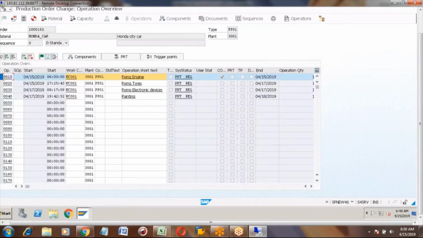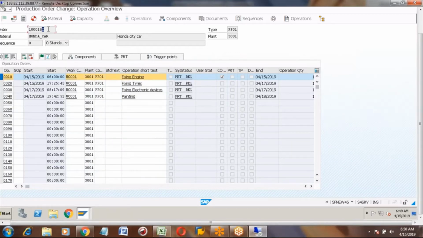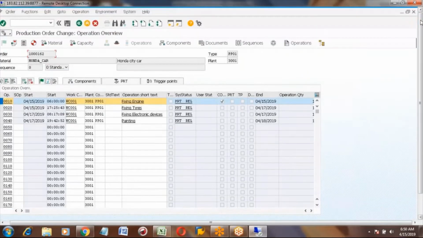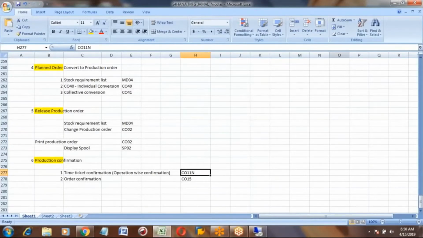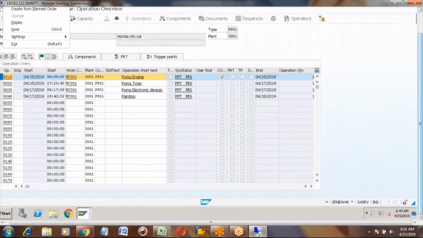For example, our production order number is 162. And what is the operation? The first one, 0010. So these two details we will enter here.